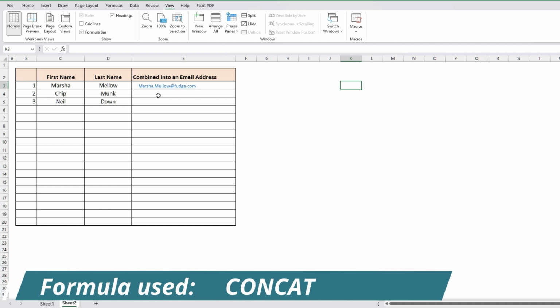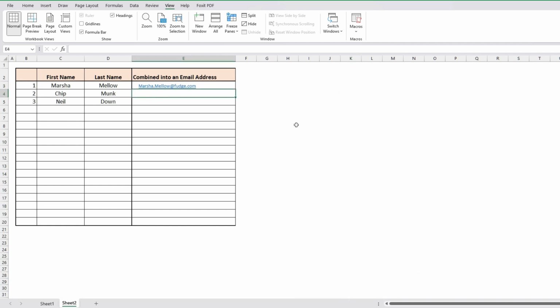Let's bring back our friend CONCAT, Excel's version of duct tape. Go to the cell where the email should appear. Hit the equal sign like your pay raise depends on it. Type CONCAT. Note, newer Excel versions use CONCAT. Older Excel uses CONCATENATE, the long dramatic version. Type open brackets, select cell C4,